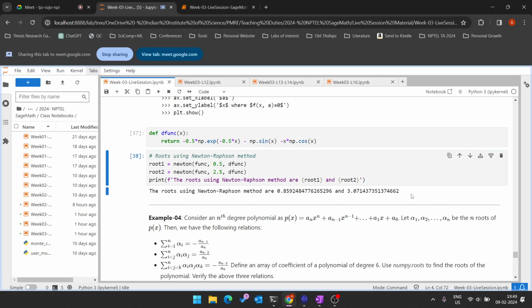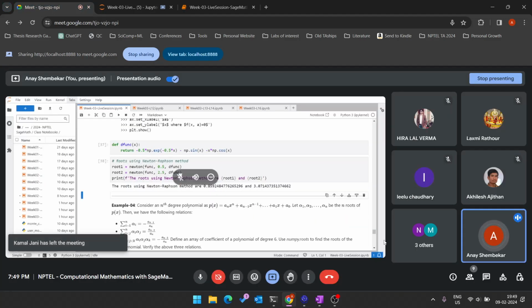ओके, अभी कोई डाउट नहीं होगा तो हम आगे बढ़ते हैं।